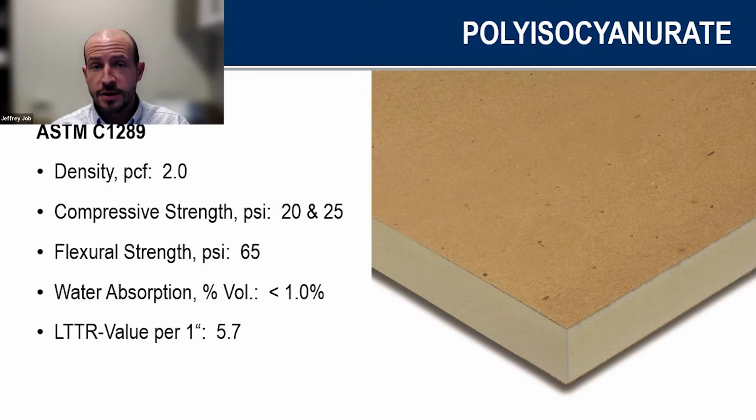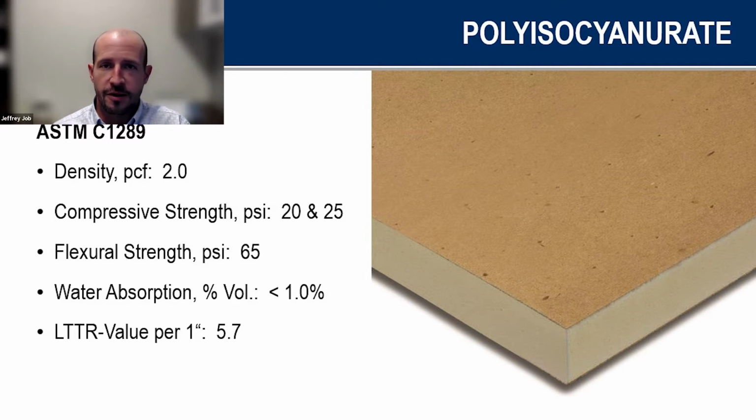Polyiso is typically probably the best option out there from an ROI standpoint, at least, the bang for your buck, if you will, the amount of thermal resistance you're going to get with that product compared to the styrene products. So better thermal performance, typically, on average of R-5 to R-6 per inch, depending on how you're using it. We could go into a lot of different wall applications where R-6 per inch tends to be